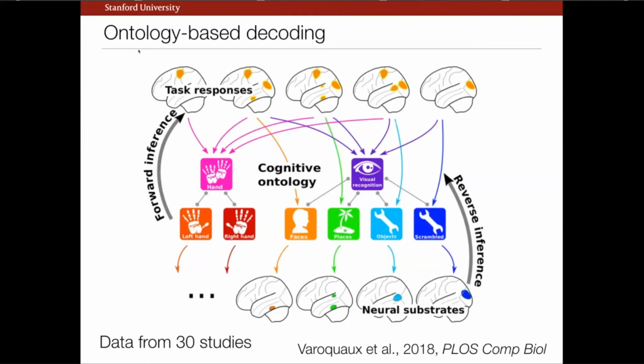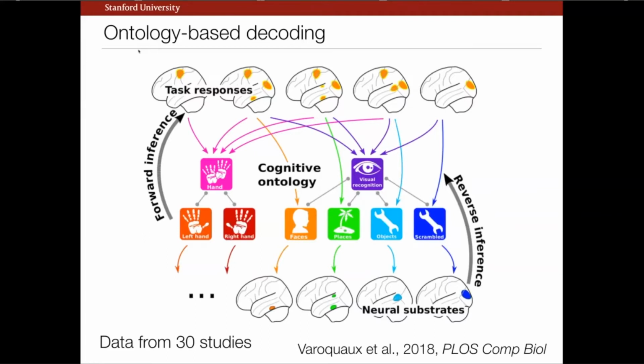So the first study I'm going to tell you about is one that we published last year, and it was led by Yannick Schwartz, who was a student in his lab, that was focused on decoding of relatively simple cognitive and task features, but using a cognitive ontology. So the idea is,